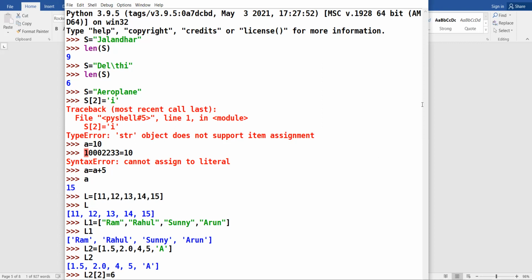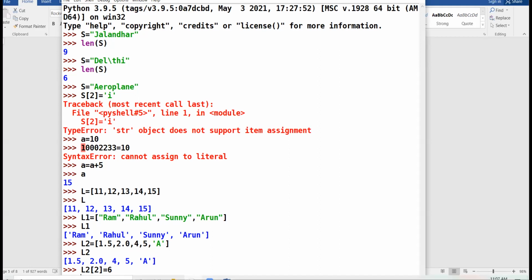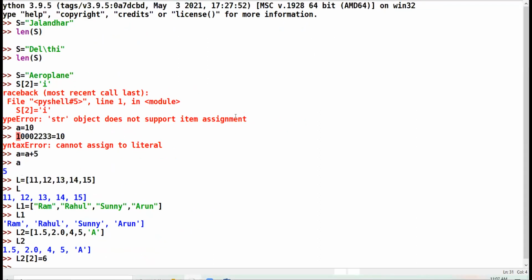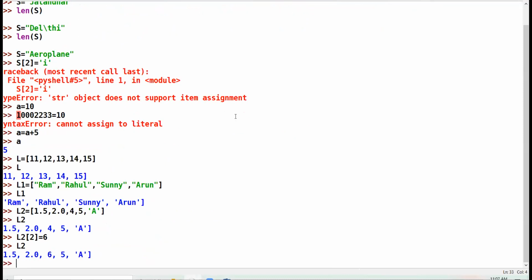Yes, Kavya, unmute yourself. Sir, 4. 4. Now I have updated the value lying at second index. Now the new value is 6. Now if I try to print the list, it is printed with the modified value.